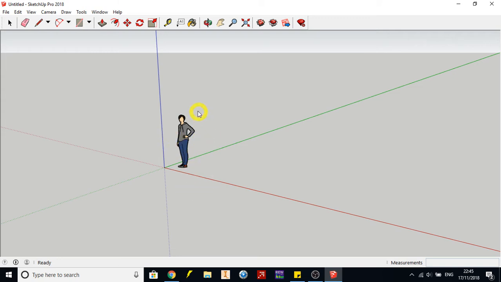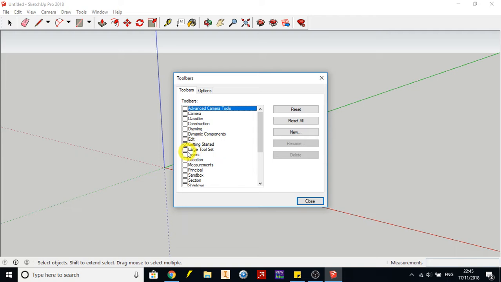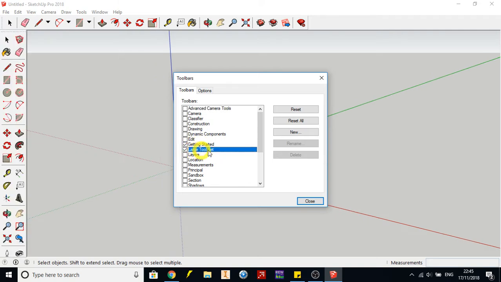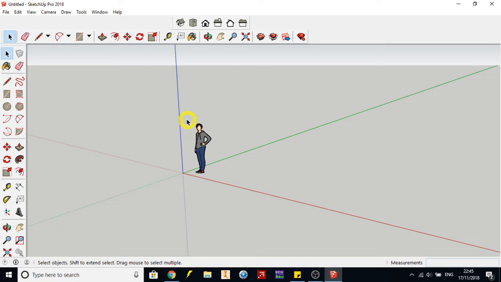Right, so I've got a lady on mine. You may not have anyone in yours. If you've already got the house open, you will need to go File, New, in order to get a fresh new screen up. And you may have the extra tools up already. If you don't, as before, you're going to go View, Toolbars, Large Tool Set. Have to click the square itself, not the writing, and Views, again click the square itself, not the writing, and close. So we're going to delete this person here by using the select tool over here, drag a box over